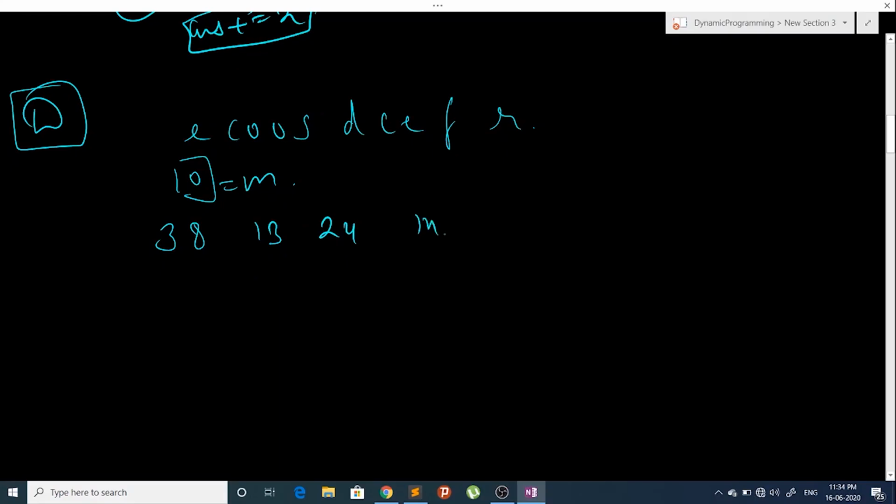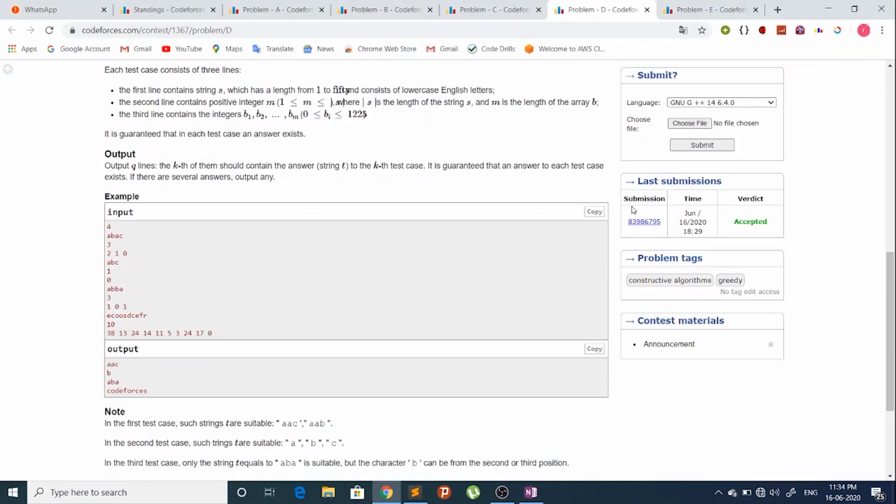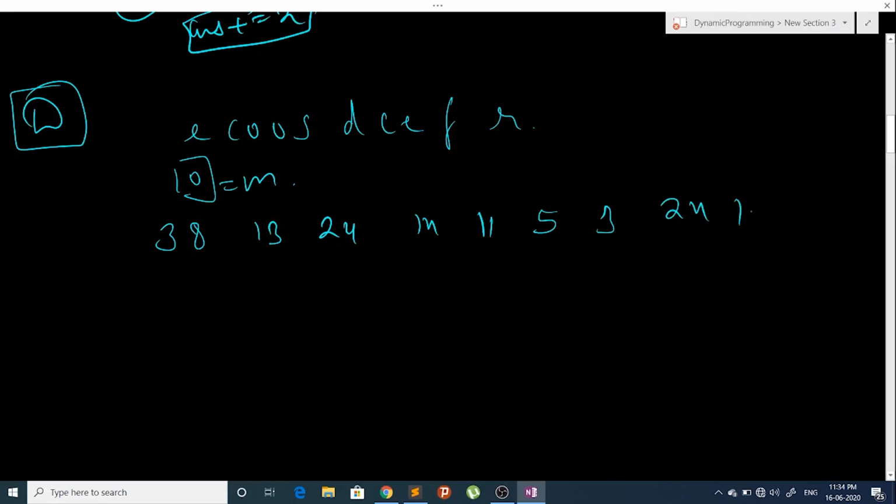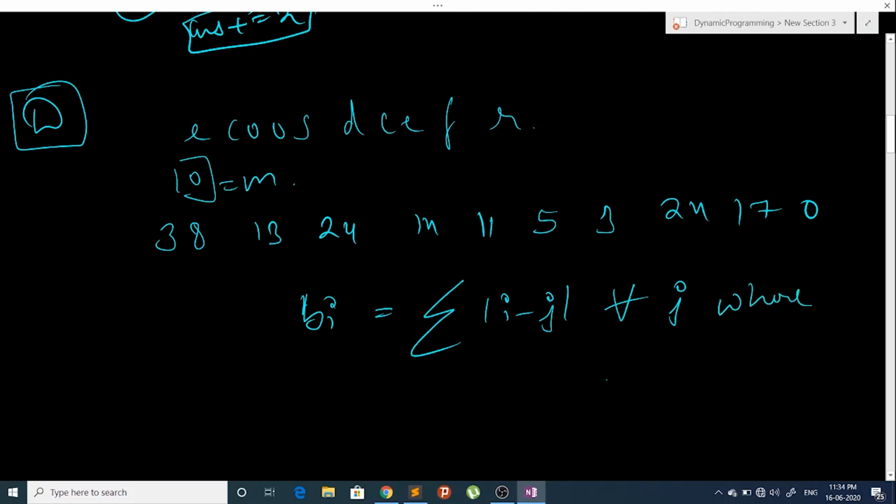24, 14, 11, 5, 3, 24, 17 and 0. So here b_i denotes the sum of all |i minus j| for all j where t_j is greater than t_i.